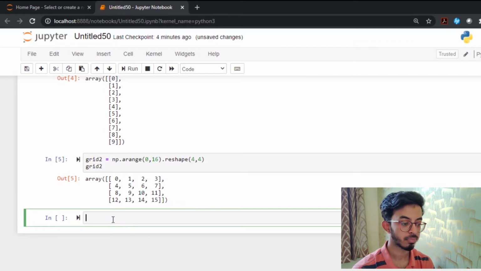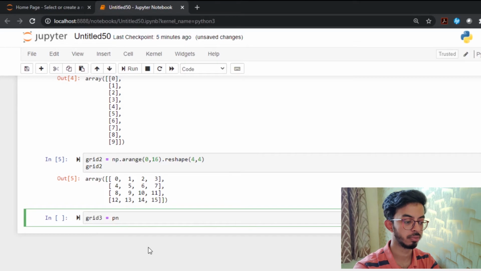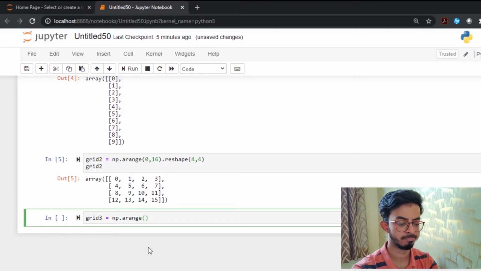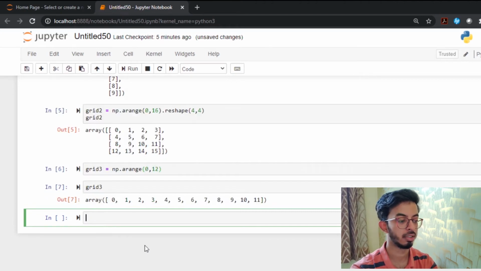Let's take another example. This is a very simple one. That is how I'll tell you how you should be careful with reshape. We'll create something like 0 to 12, and then we see what grid 3 looks like.